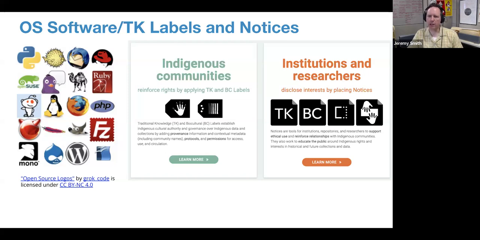These allow cultural heritage institutions with native items or artifacts to make a determination that these are held by an indigenous community, or allow indigenous communities themselves to apply certain rights to their objects. And we won't go into great detail about that, but this is just another type of label that is possible. Next slide.